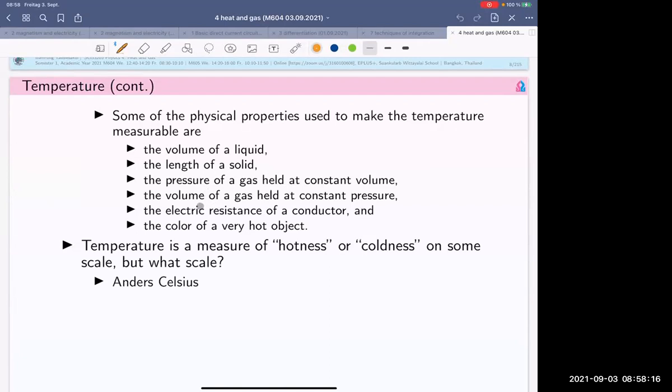The next thing is we keep the pressure of the gas constant, and we can observe the increasing volume of the gas. Only one quantity you keep constant, and then you can observe the other one, pressure and volume. And in electrical systems, we can also observe the increasing temperature from the electric